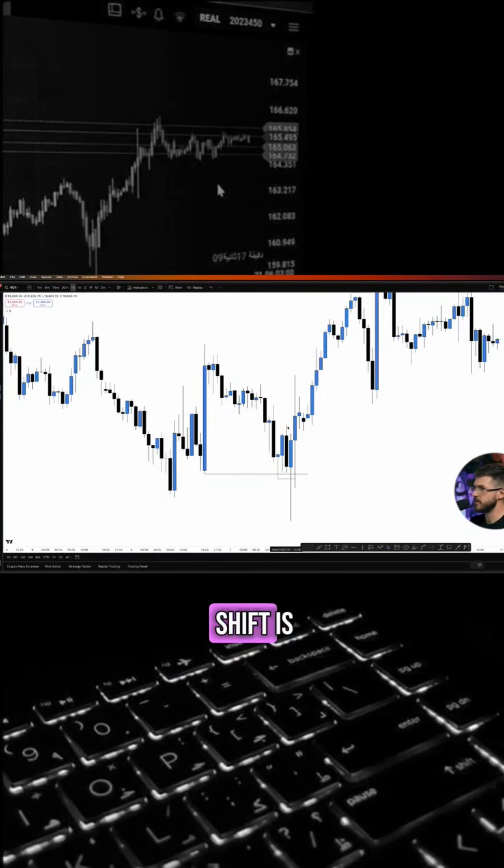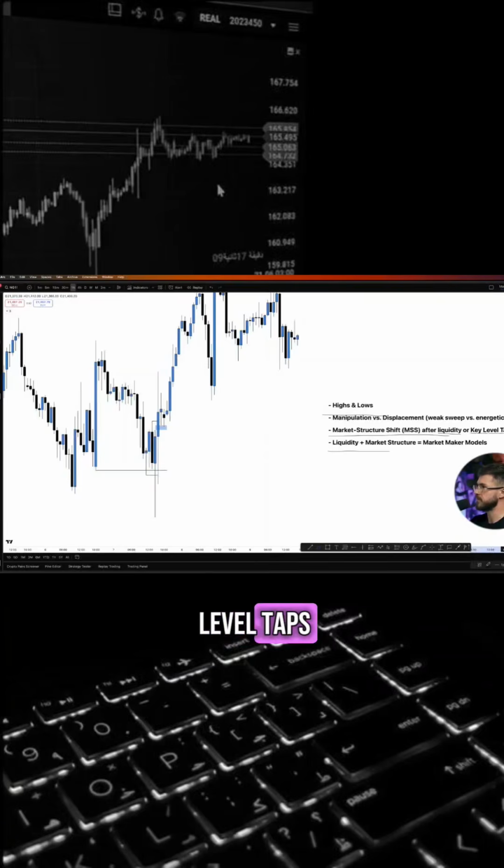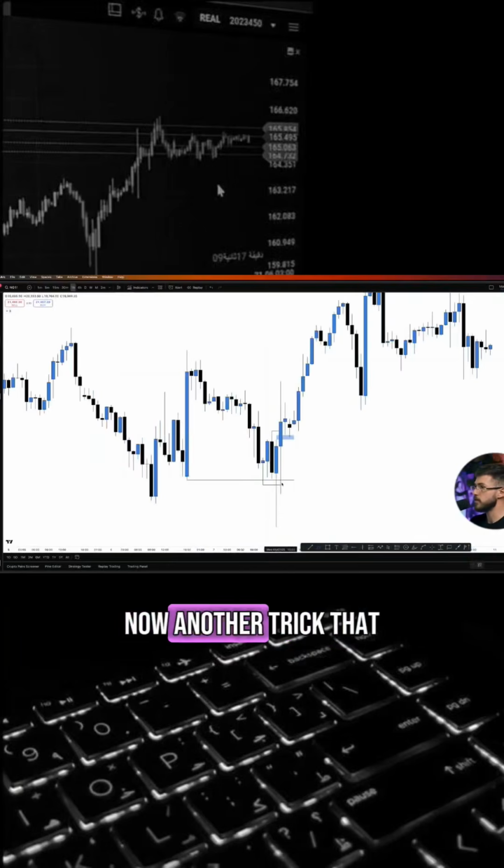All a market structure shift is if we go from making lower highs and lower lows to making a true new higher high. Now, what makes it a true and valid higher high? Well, we created a fair value gap and closed beyond this point of structure. You can use this with liquidity or key level taps, which we'll get to later in the video. Now, another trick that you can use with this is anytime that a low